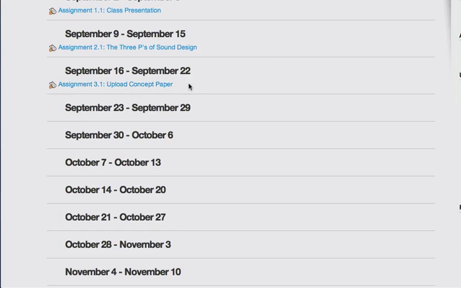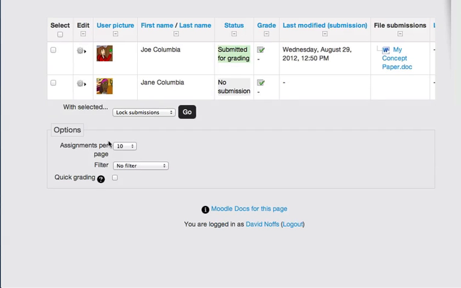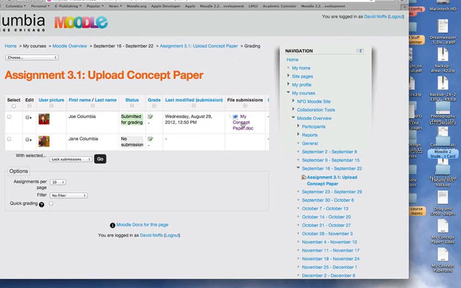And to view and grade that assignment, I click on the assignment name, and I click on View Grade All Submissions. And you can see that under the status window, Submitted for Grading, there is a file that has been uploaded. File Submissions, my concept paper .doc by my student Joe Columbia. To look at the file, in this case it's a Word doc, I simply click on it and it downloads, and then I would open that